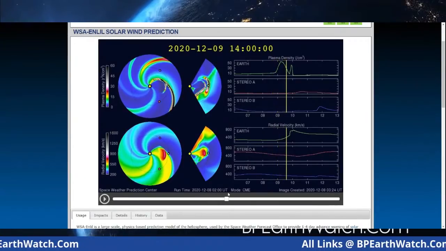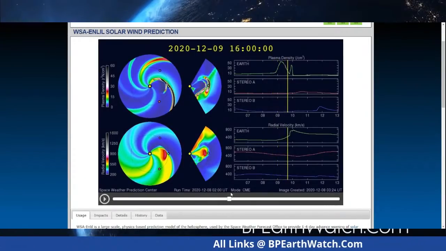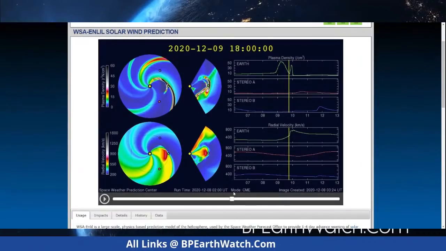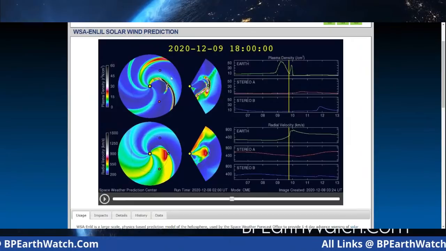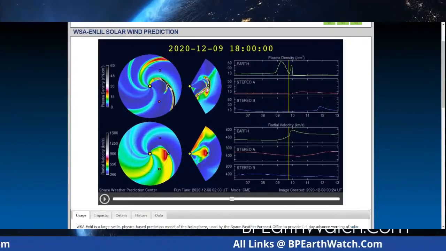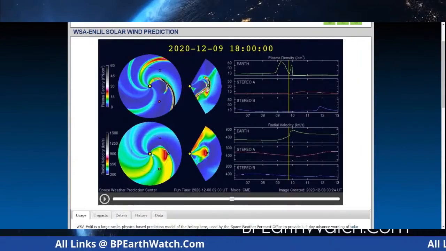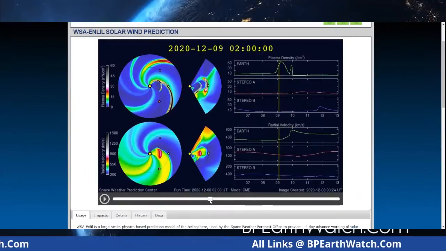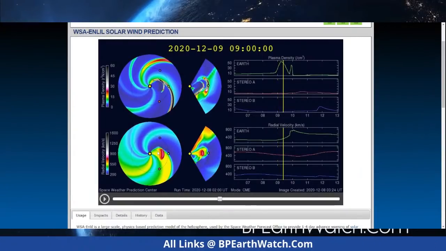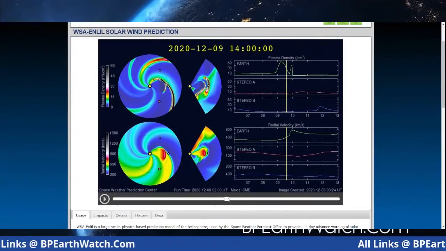They're showing impact starting very well by the 1800 hours, which is 12 noon Central. But notice we're already involved in that wave. Now, notice at the bottom, the CME that we're watching is not in the yellow. That's this first wave there. But the red indicates the coronal mass ejection and the explosion from the sun.